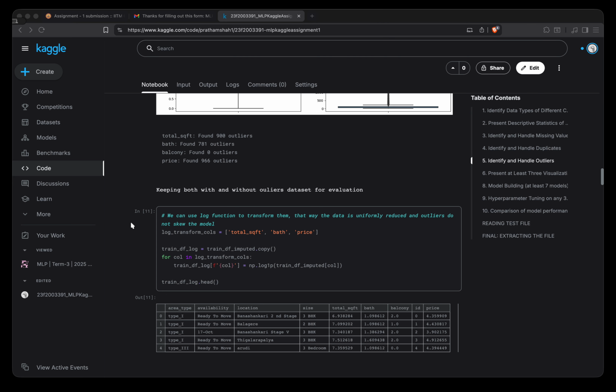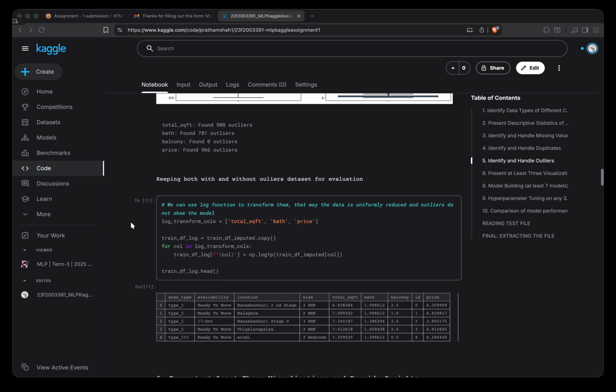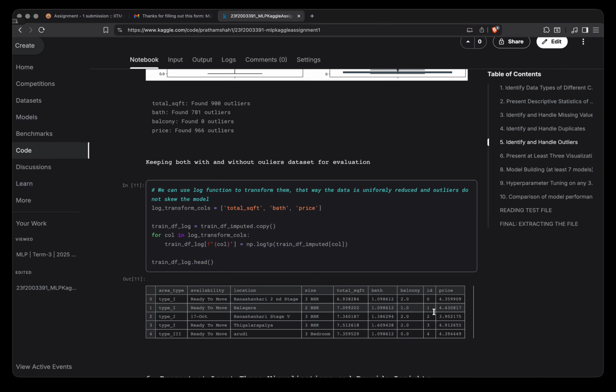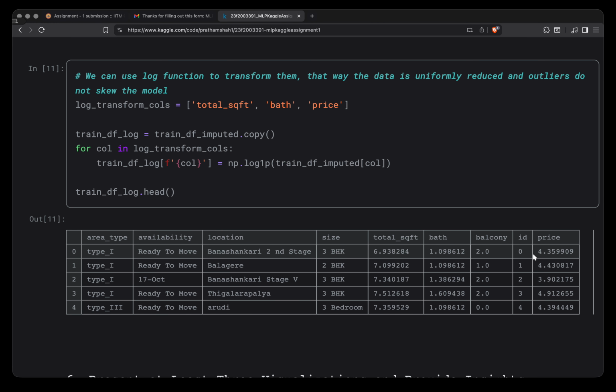Okay, so for evaluation and test purposes, I have transformed the data set into log, but kept the original imputed one as well, with outliers. We can see the comparison performance as well. Okay, so after transformation, you can see the price factor has reduced quite a bit, as well as total square feet factors,